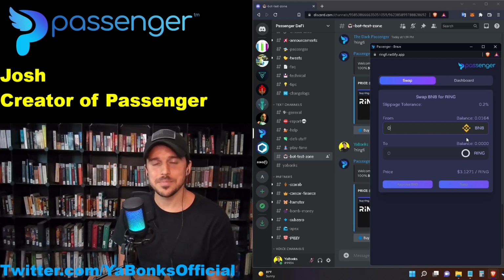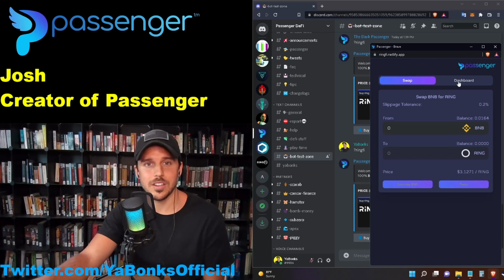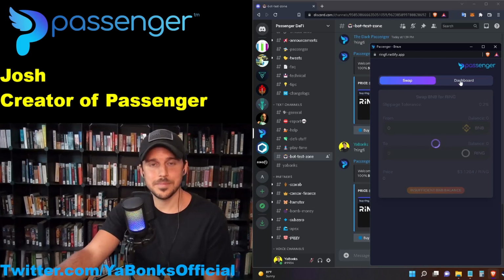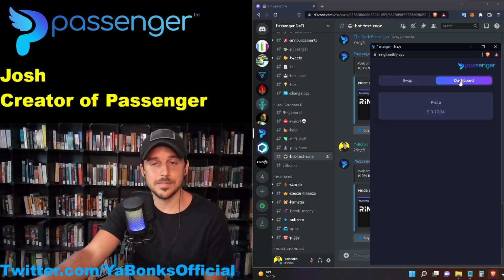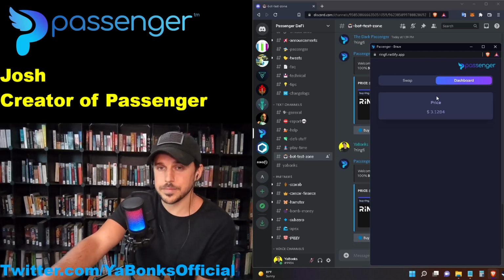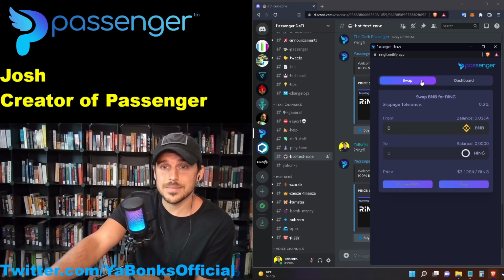Cool. So RingFi is one that we did, and this one has some basic functionality. It lets you swap, and if you click on dashboard, it just has a price for now. We did another Titano fork integration that has a full dashboard. They're called Caesar Finance. They're on AVAX, and I know you like to stick in your little BNB area, so I won't force you to get over there.